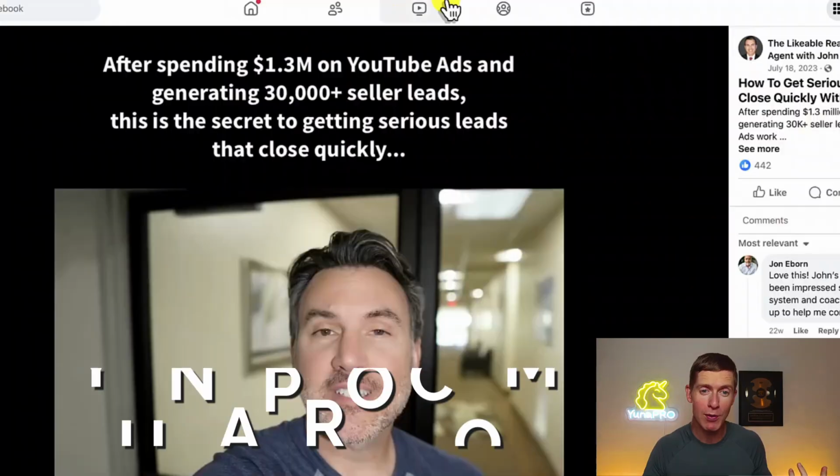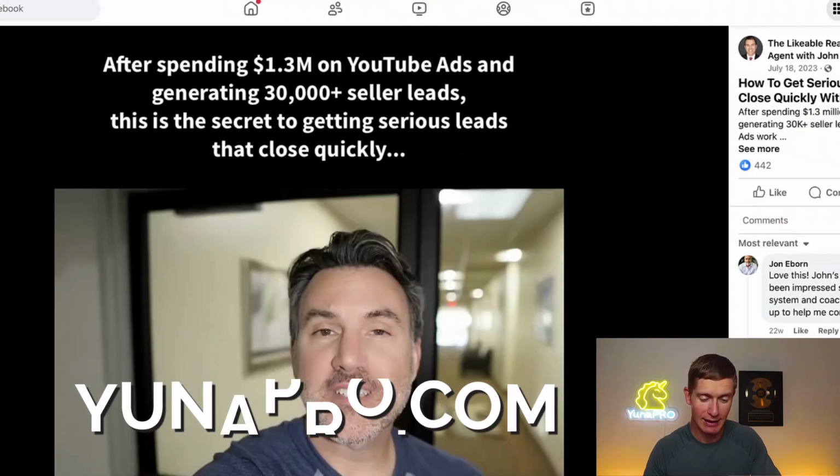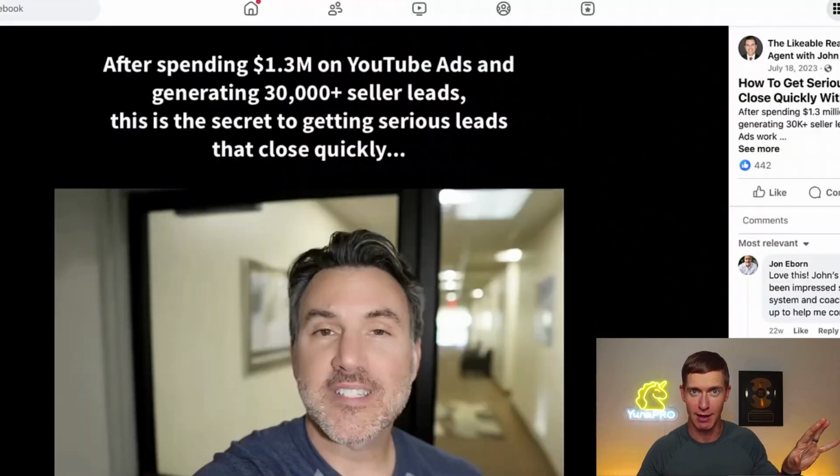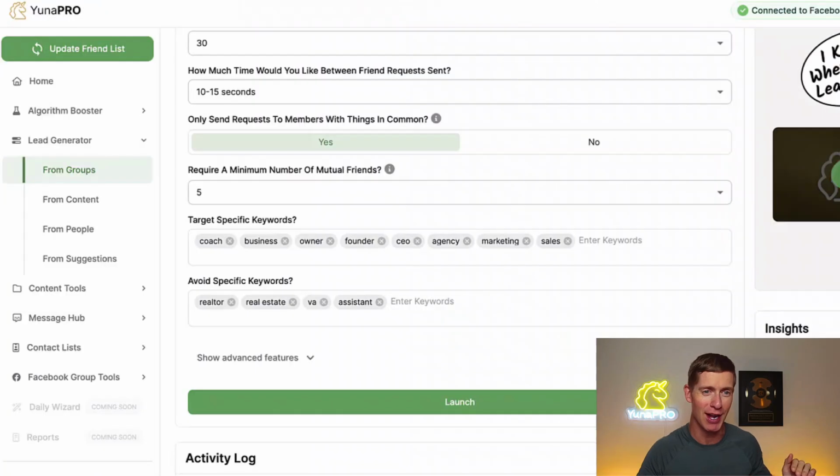Now, I'm going to show you the way that I automate this, again, using Unipro. What we do with Unipro is we take the link for any piece of content. So it could be a piece of content that someone posted, or in this case, it's an ad. A business is paying to put this piece of content in front of their ideal leads. You simply take the link for any of those pieces of content, ad or not,